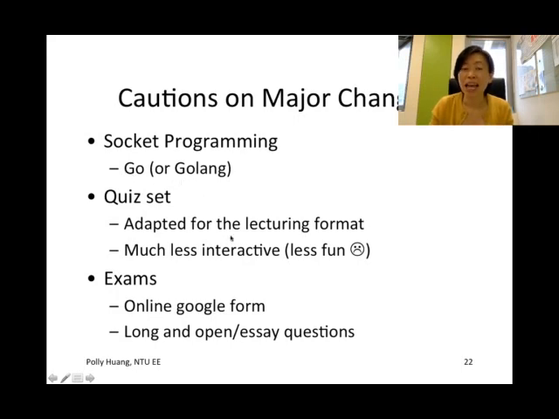Okay. And therefore, because it's a new language, the programming assignment, the circuit assignment now has 9. Okay, so the emphasis is very much on the programming this semester. Quiz sets have to be adapted so that they are less interactive, so that they can sustain just offline